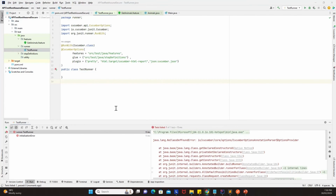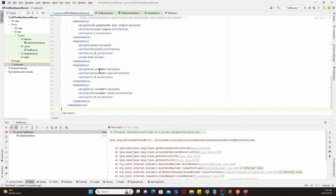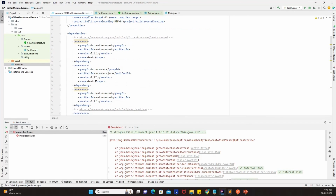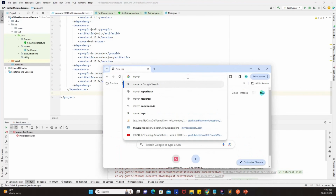Now once I ran this particular runner file, I got this error, which is java.lang.NoClassDefFoundError. Now this we will encounter if we have an incompatible Cucumber version. So we might have to go to pom.xml and then modify our Cucumber files or the version itself so that it is compatible with the project. Okay, so if I scroll up, the version is 2.3.1. Now for 2.3.1, I'll look for Cucumber and Cucumber JUnit, so I'll go back to the Maven repository